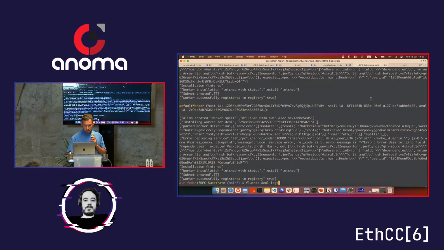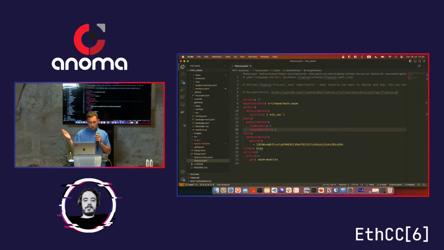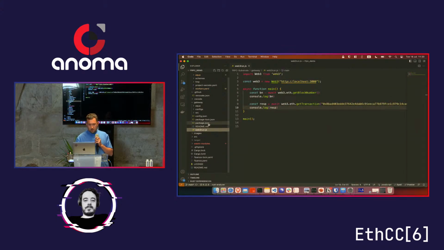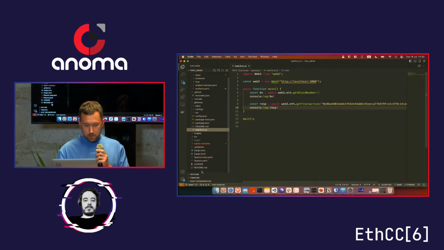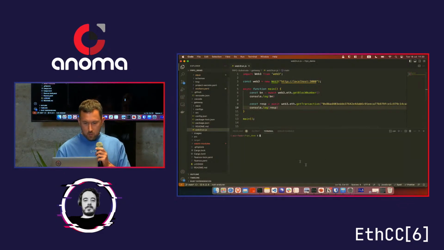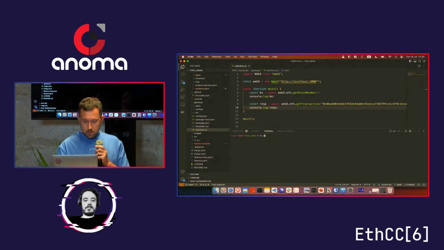So now we can work with the demo. The code is now deployed into the Fluence network, and we can work with the app itself. First of all, there is a gateway app that is available in this package, and we can start working with it.